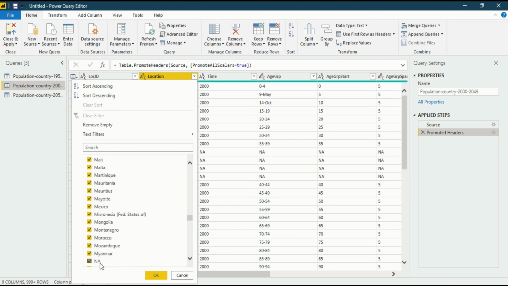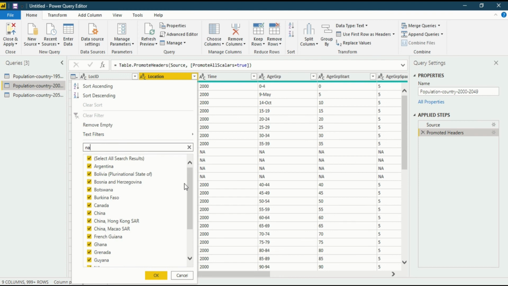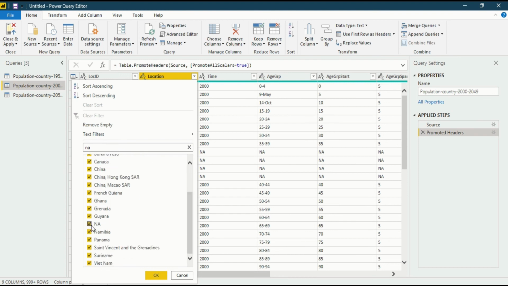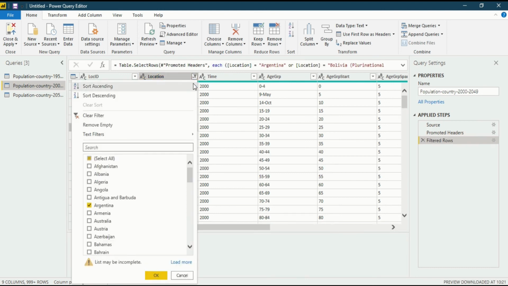There are two things you should always remember. Always unselect NA from the list, and don't search for it up there in the search bar, otherwise the outcome would be completely different. Let me show you. If I type NA here, go there and unselect it, and then click OK, you will see NA has been filtered out, but other data has also been filtered out.